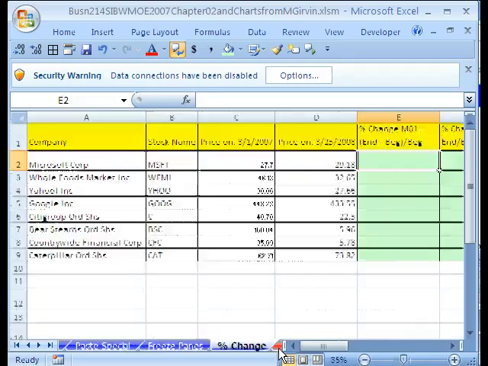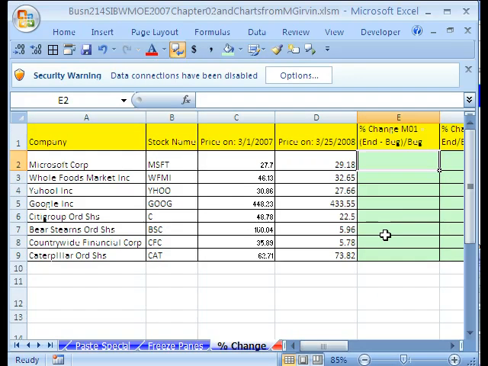Hey, let's go look at our next little thing here. Percentage change. Yeah, we got to be able to calculate percentage change. I'm going to show you two basic formulas. Now, we bought some stocks. Bunch of stocks: Microsoft, Whole Foods, Yahoo, Google, Citigroup, Bear Stearns, Countrywide Financial, and Caterpillar. Here's what we bought them at about 1 year ago, 3/1/2007. Got these from Yahoo historical prices, and then here are the prices as of 3/25, and we want to calculate